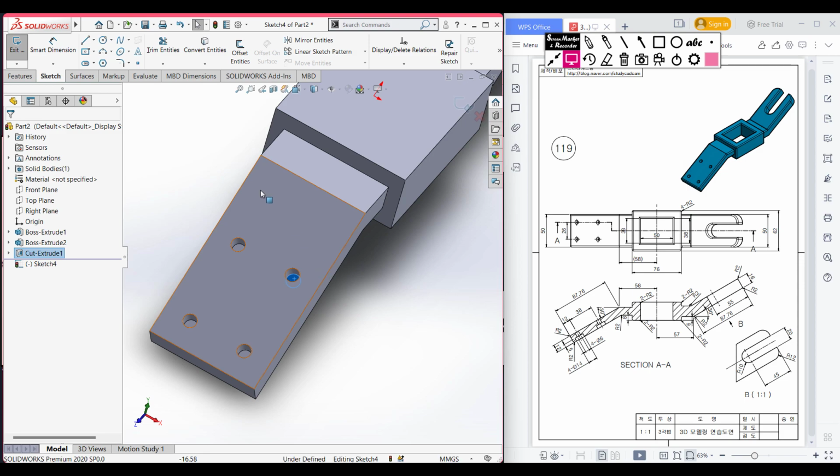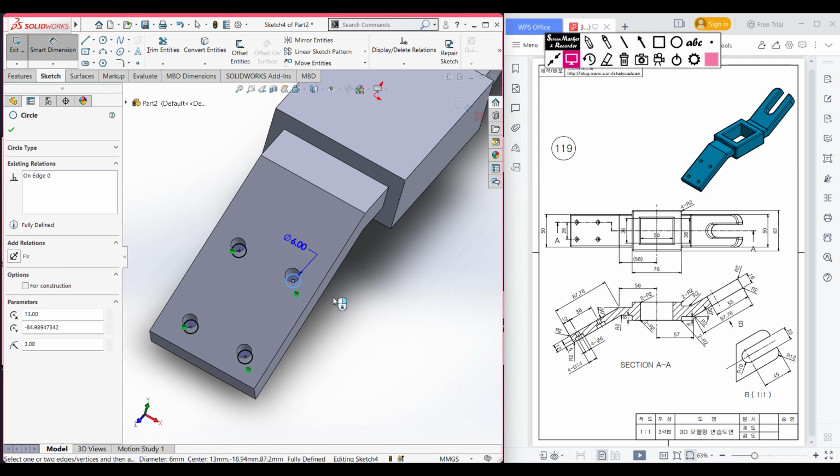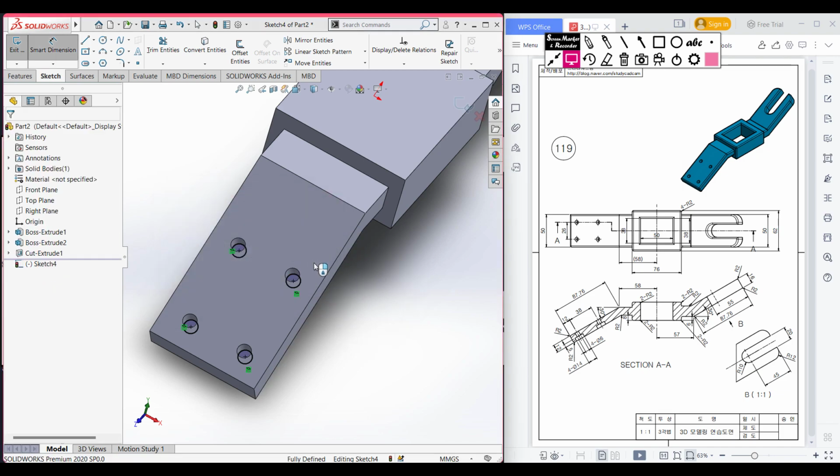Now what you will be doing, select the convert entities, because you can select this inner face and this inner face and this inner face. Now convert entities, all of them. For redimensioning it, if you want to dimension it, see, you cannot dimension it. So for redimensioning it, select this relation icon, and after selecting this relation icon,